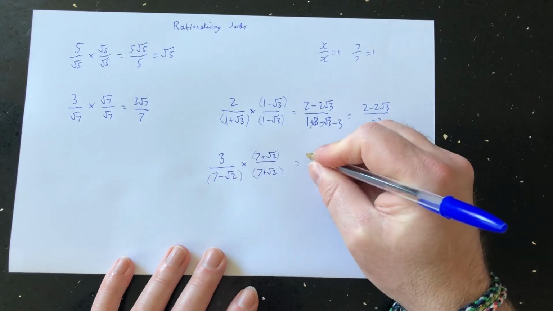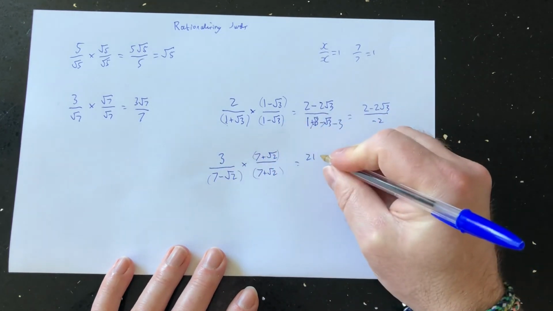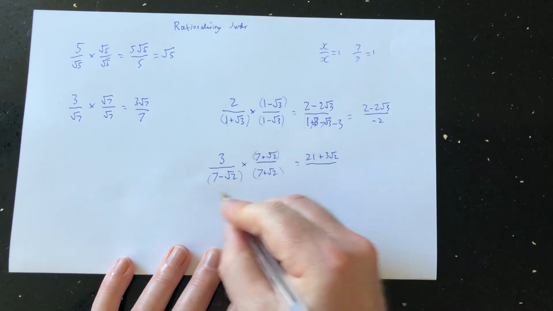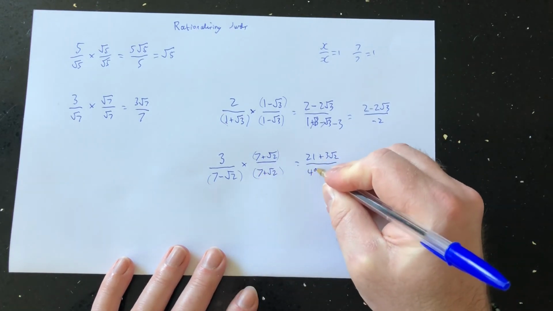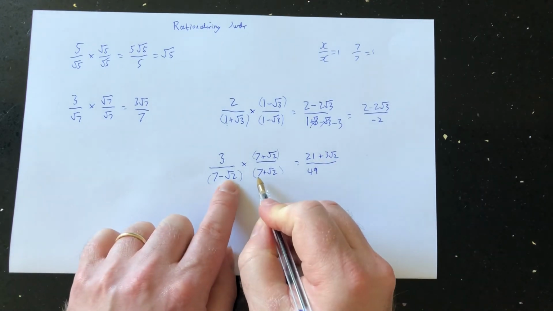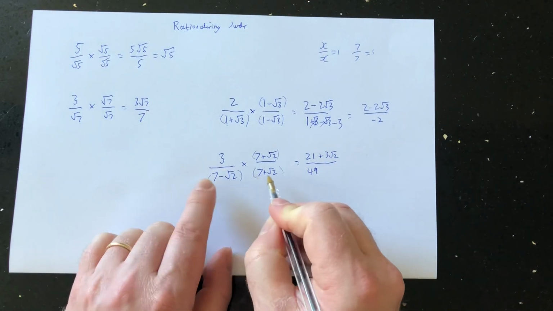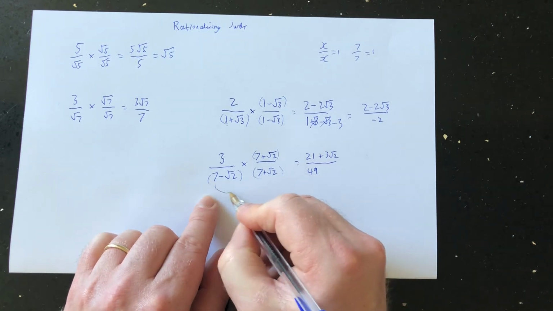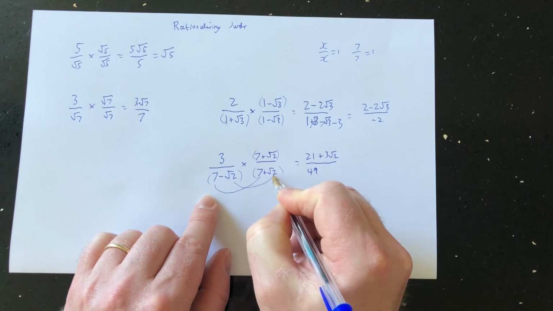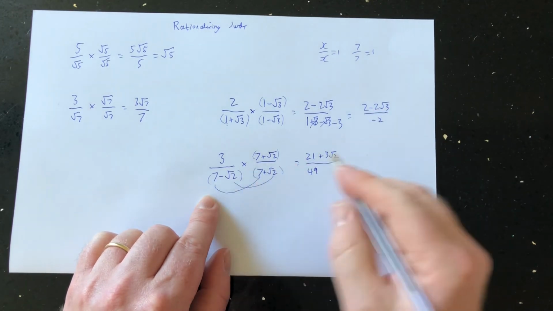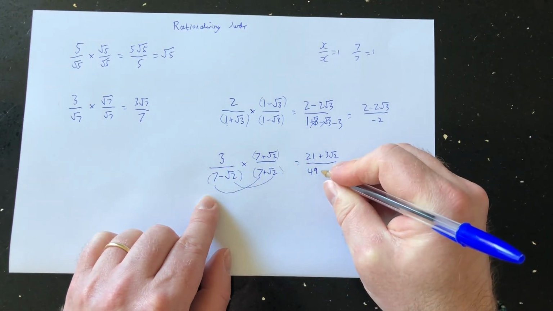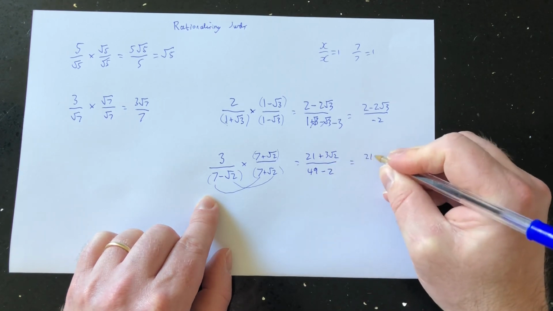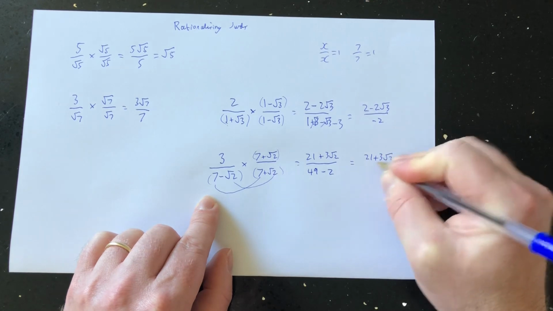So we've got 3 times by 7, 21. 3 times by root 2 plus 3 root 2 divided by 7 times by 7, 49. We can then see we've got minus 7 root 2 plus 7 root 2. They disappear. So then we've just got to deal with, the only ones we deal with is that times by that, and in fact that times by that. The others cancel out. So minus and a plus is a minus. Root 2 times root 2 is 2. So we end up with 21 plus 3 root 2 divided by